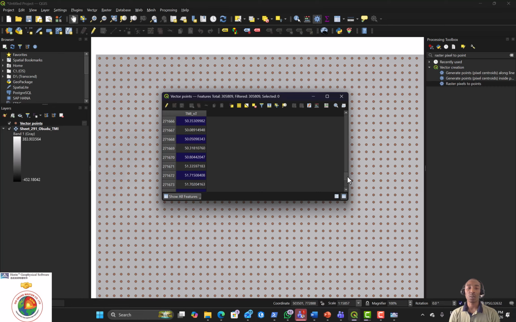Your values range from, see your data points. There are places we have no data. You can see NaN. So typically our data range, we have 305,765 data points. So what we are going to do next is, because within this point vector data it has the coordinates, the longitude and latitude, what we are going to do to populate the longitude and latitude in this attribute table, we'll go to